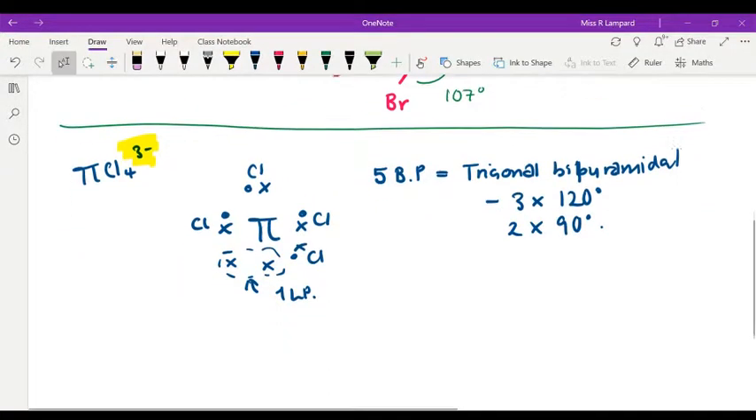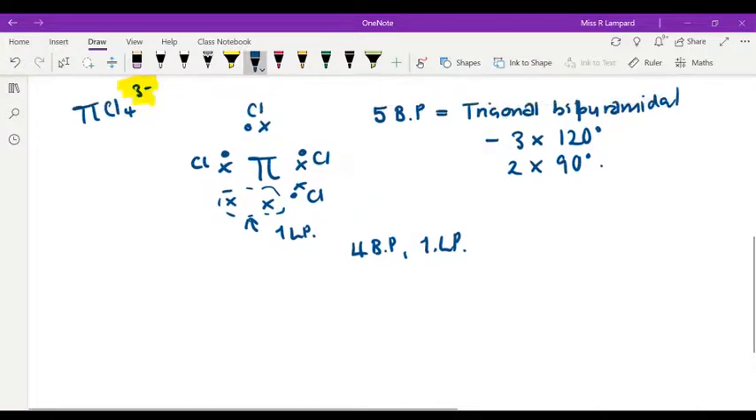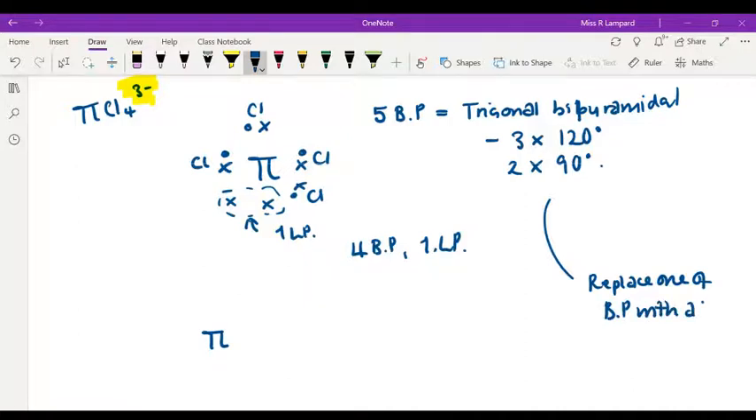However, in this case, we've got 4 bonding pairs and 1 lone pair. Now, we've not named this structure before. The question does not ask you to name it, it just asks you to draw it. So I would draw the thallium in the middle. And then start to construct your trigonal bipyramidal structure, but just replace one of the bonding pairs with a lone pair. So chlorine,